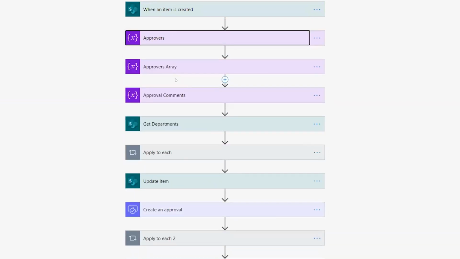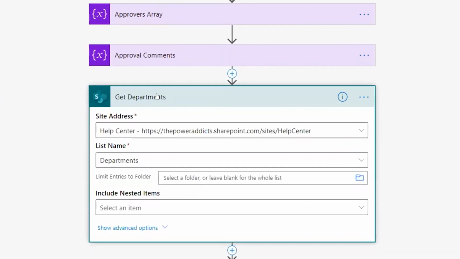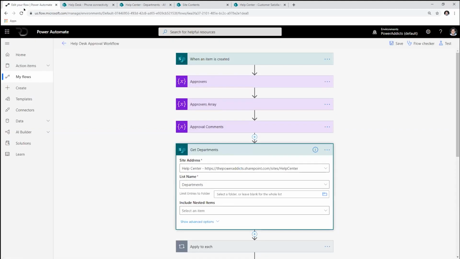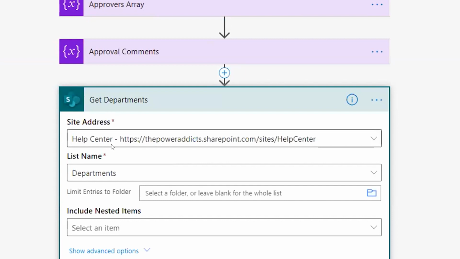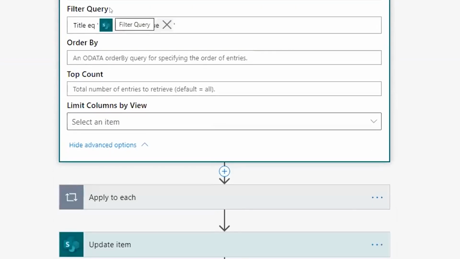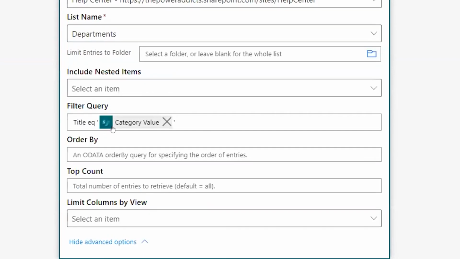Once I grab this, the next step is I need to go and get my approvers first. Remember, my approvers are dynamically getting defined from a different list. How do I grab this? So I am using the get items action right here, just querying the departments list. And here I'm using a very simple filter query which says, go get me all those departments where the title is equal to the category that the user has selected in the form. Okay. I will show this in run mode as well so we can evaluate the JSON.